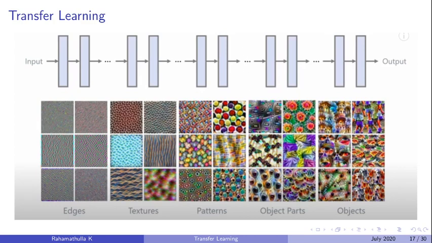So for example, if you would like to do some other task compared to object detection, then you can cut these top layers, the fully connected layer, the convolution and pooling layer, and you attach your own. Then you will be able to do your target task. So the usual way transfer learning is done is like this: you use the same set of